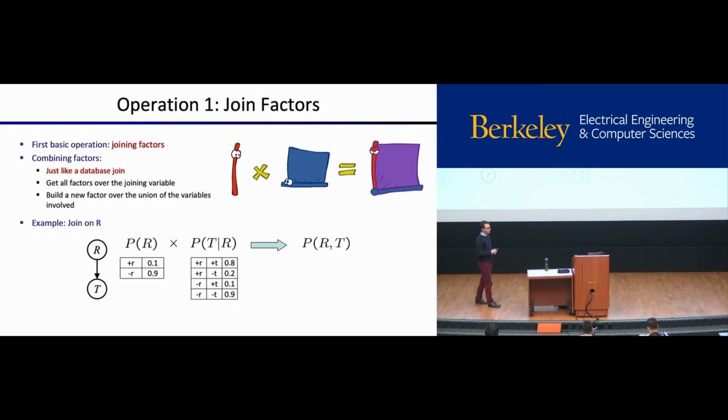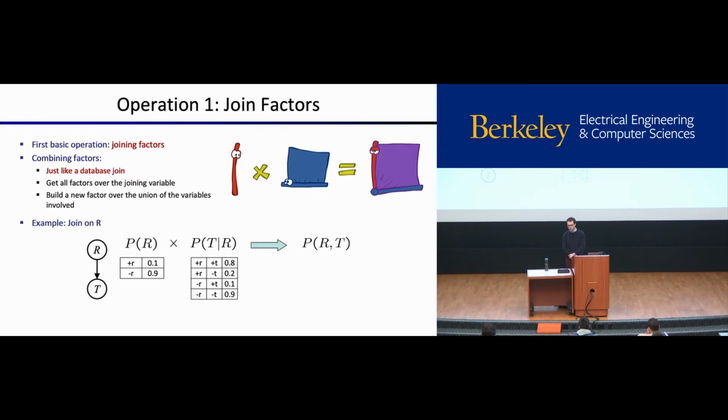Okay, and so how are we going to fill in the entries of this table? First of all, we have two capital letters, so how many dimensions is this table going to be? 2. Great. And what are the sizes of those two different dimensions? What's the size of the R dimension? How many possible types of events are there for the rain variable? 2. It's either raining or it's not. Okay, what about the temperature variable? How many temperatures are there? There's only 2 temperatures. There's hot and there's cold. Right. That's good. Okay, so this should be a 2 by 2 matrix.